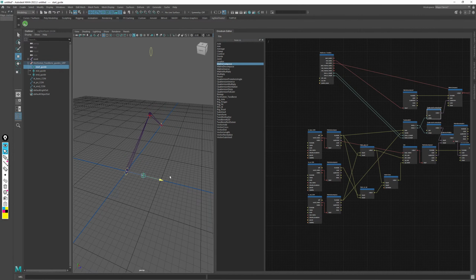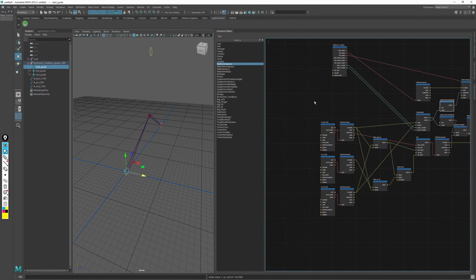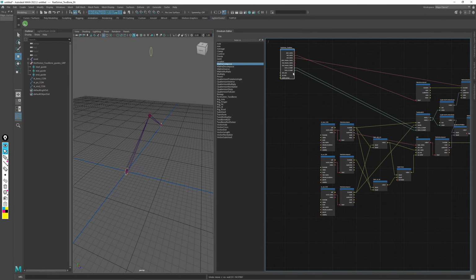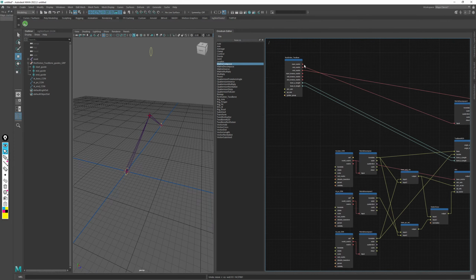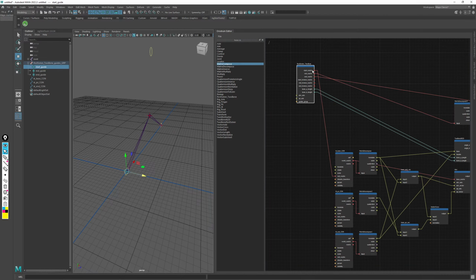So just doing that, yep. So we need to have those controls follow the rest position of what we saw out here. So just the start matrix, at least for now, is going to